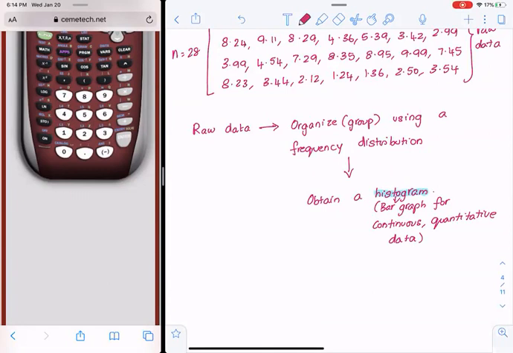So we all know what a bar graph is. We looked at a bar graph with qualitative data. So when we have numbers, we just have to use a histogram. And typically histograms work well for continuous data in the sense data that are not